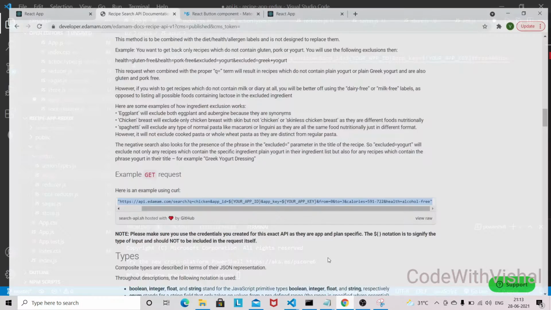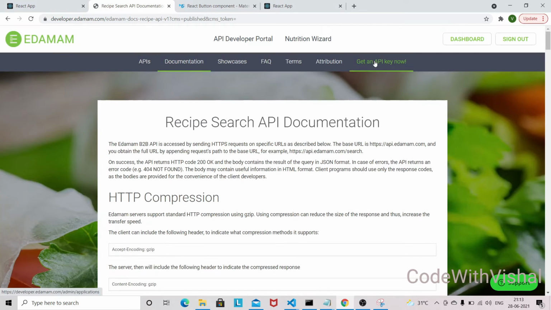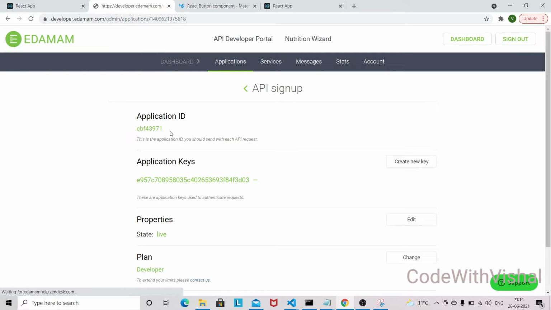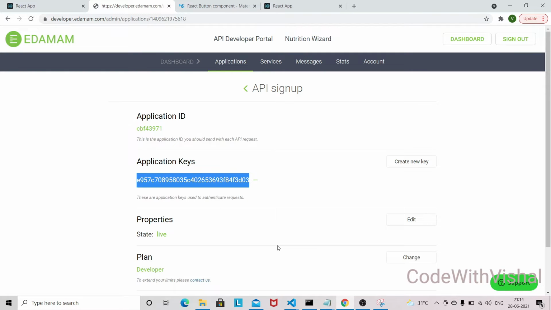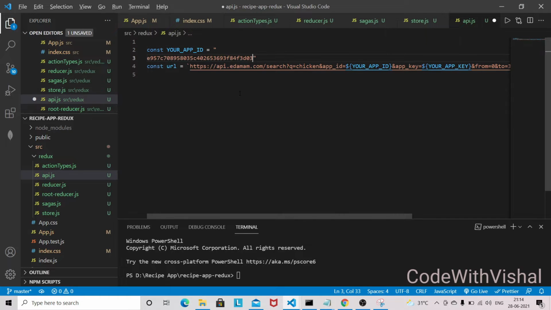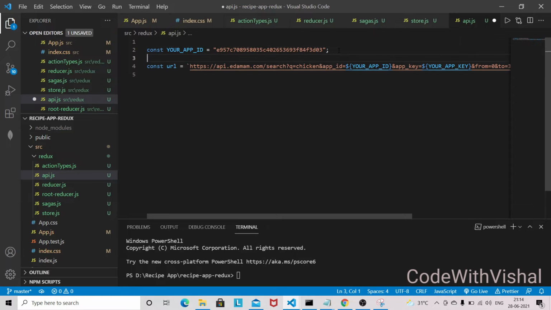So let's go into that recipe app website, get an API key, view, and this is the API key. Let's copy this one, paste it here, and yes, so we have our app ID.